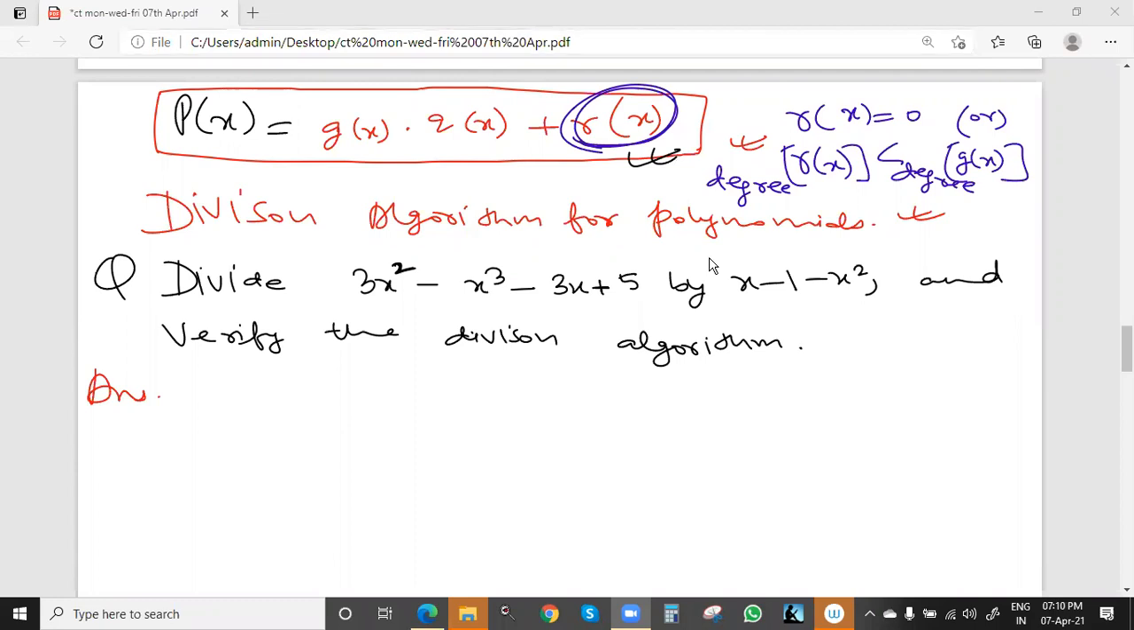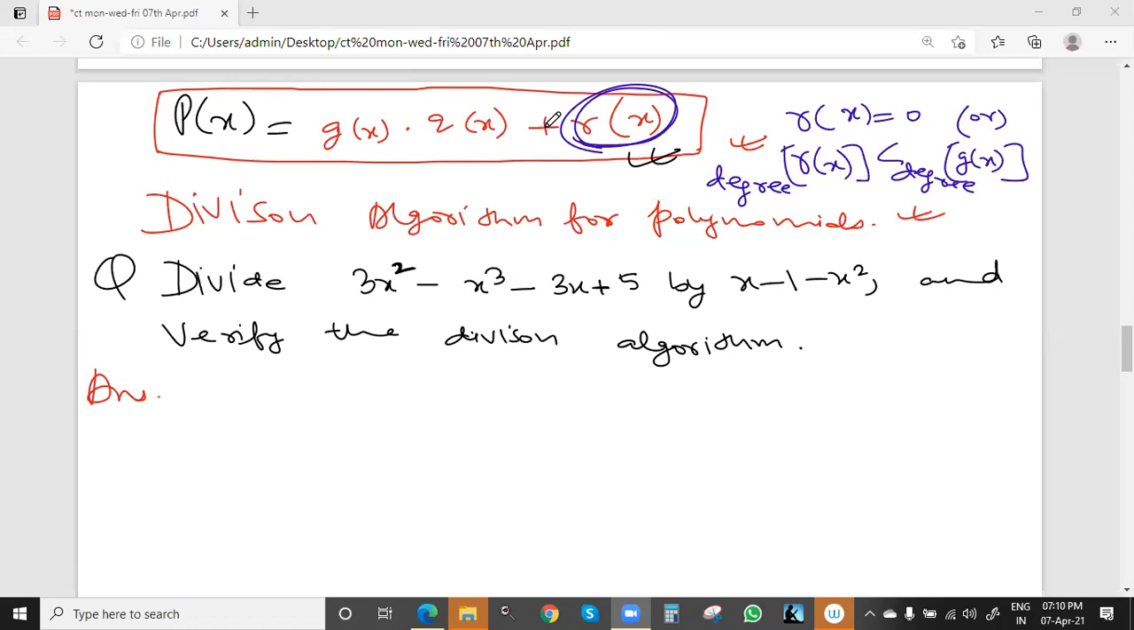Quotient x plus 2, remainder minus 7. Okay. Minus 7. This 3x is not able to get it. Pratusha and Pratibha,